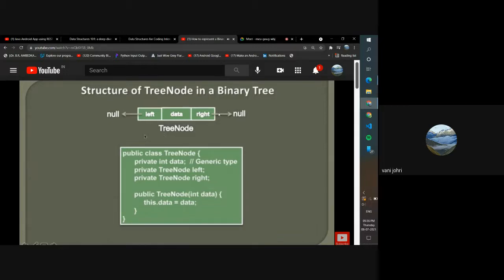So friends, the structure of a tree node is something like this: it contains data, it contains a pointer to the right tree node and a pointer to the left tree node in an actual tree. And below you can see the Java code for representing a tree node. So it contains the data, and here I have taken this data in the form of an integer,